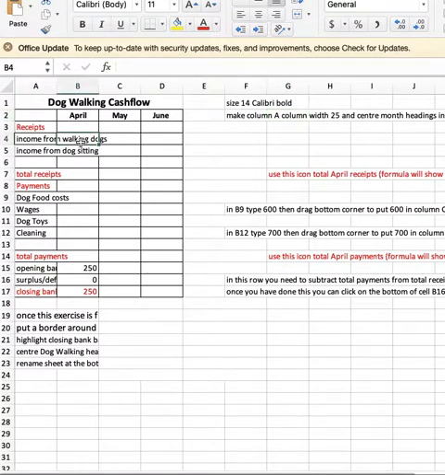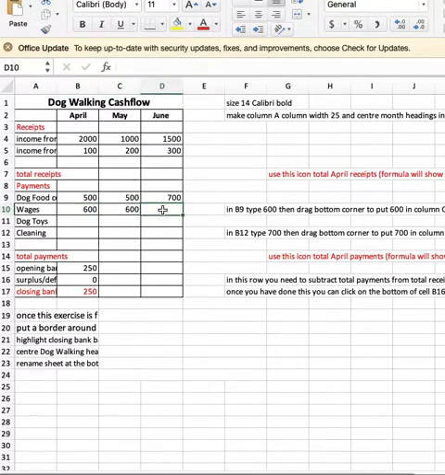And we're going to come in with the receipts. We've got the money from walking the dogs. We've got $2,000 in April, $1,000 in May, and $1,500 in June. Income from dog sitting, $100 in April, $200 in May, and $300 in June. Now we've got some total payments that they have to pay for. You've got to pay for the dog food, $500 in April, $500 in May, and $700 in June. Followed by wages for the people who are walking the dog, $600, $600,